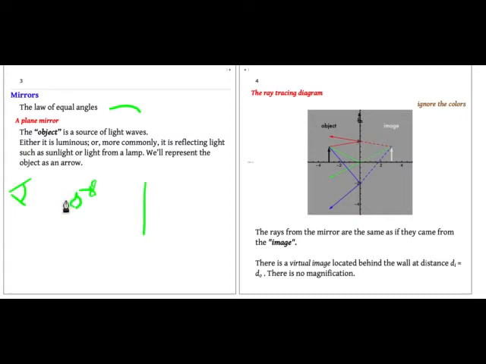So you may be able to see light from the object directly, and you may be able to see light that reflected off the mirror. So you would see the object, and you would also see an image. You'd see a bowl of flowers over here. Of course, there is no bowl of flowers over here. It's just that it looks like there is, because that's the image. So we have the object, and we have the image,